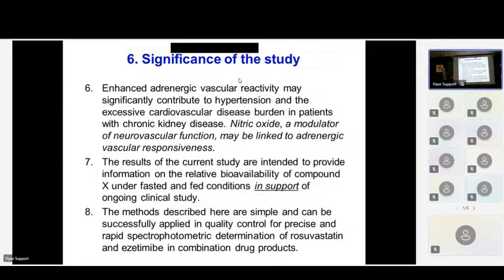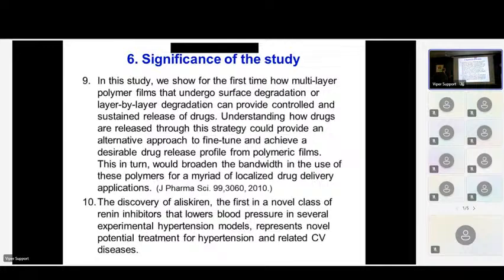So you made a good statement. People say, oh, yes, this study is important because it is giving something. In understanding, we show for the first time how multi-layer polymer films, that somebody wrote in a journal on pharmaceutical science. See, such things, when you read extensive literature, you should know how people write it. Everybody has to make a statement: what are the novel findings of your project? So read those literature. From there, you copy that one statement, how they make it, and see whether you can similarly write for your project. You're using their basic structure. On that basis, you can also construct sentences for your work.